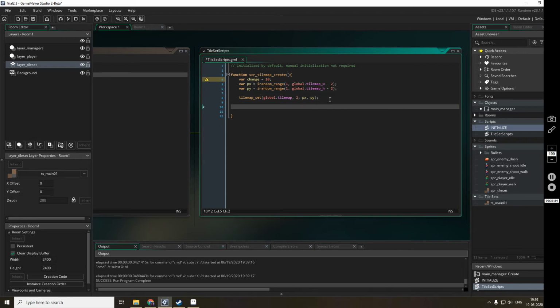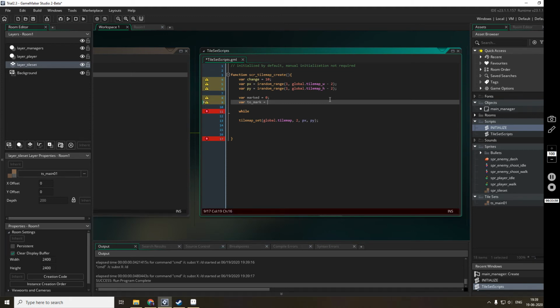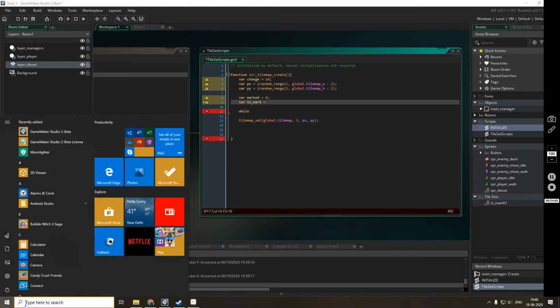What we'll do is, now we have marked the initial position. Marked is equal to 0, and var2 is equal to maybe 75 into 75, no, 73 into 73.